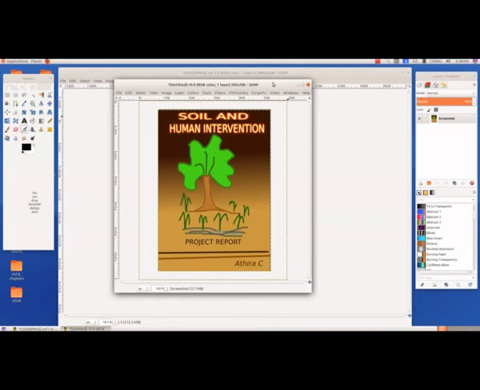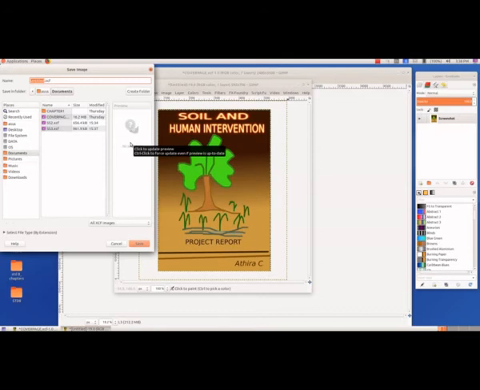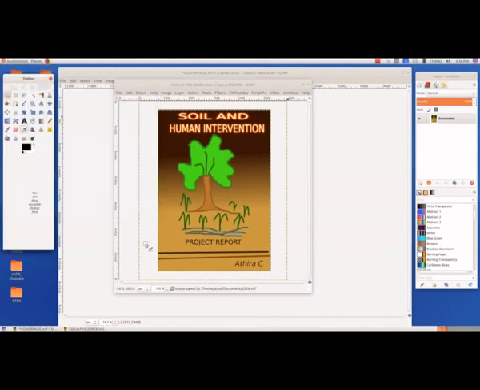So here we got only the portion that we have selected. And now again from file, save as, and we can give the file name. I am giving it as SS4. Then save.